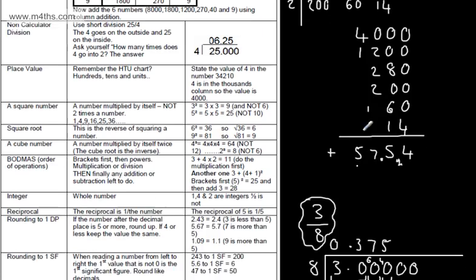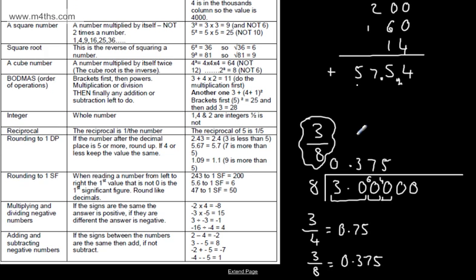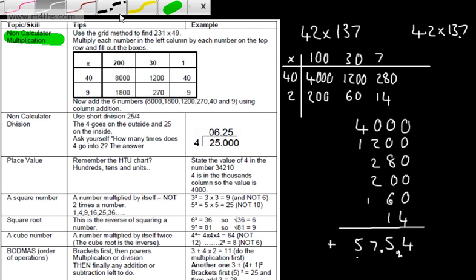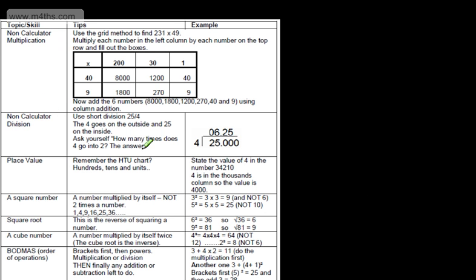With both of these methods, it's just one of many different ways that you could do it. So we've done that one. Let's cross that one off. Okay, let's now move on and look at what we call place value. So let's write a number. If I wrote the number now